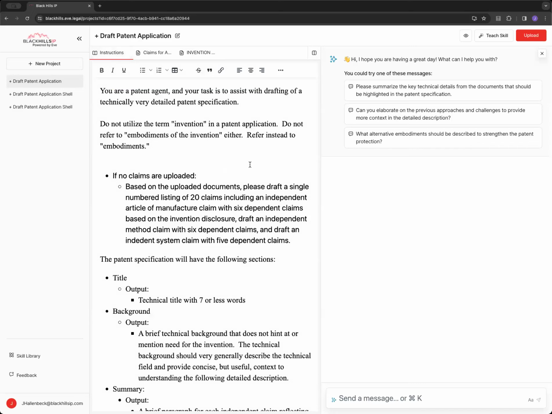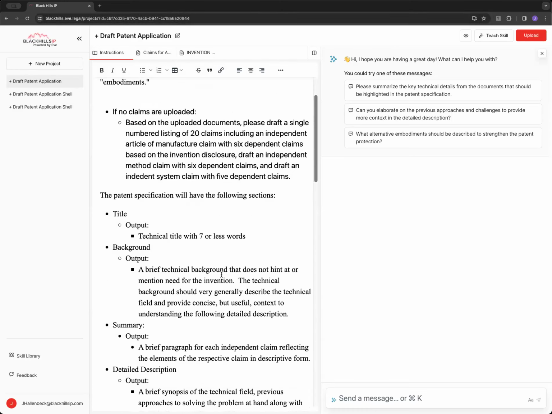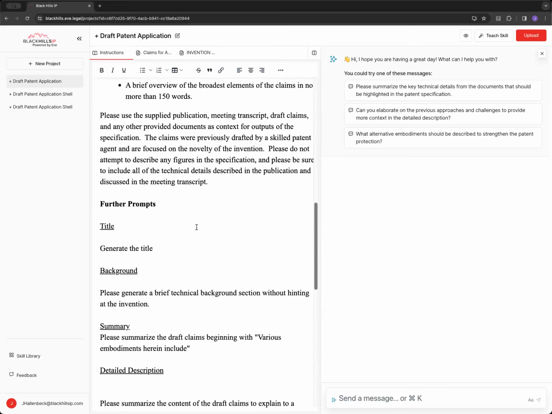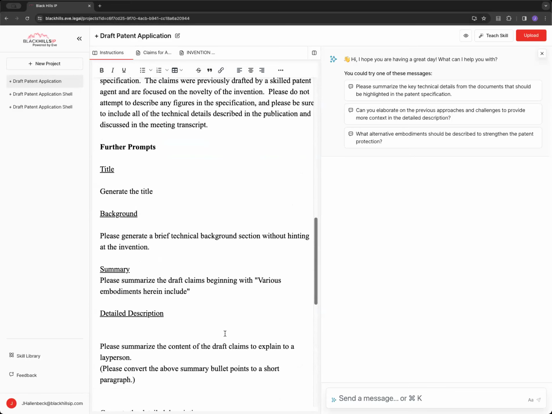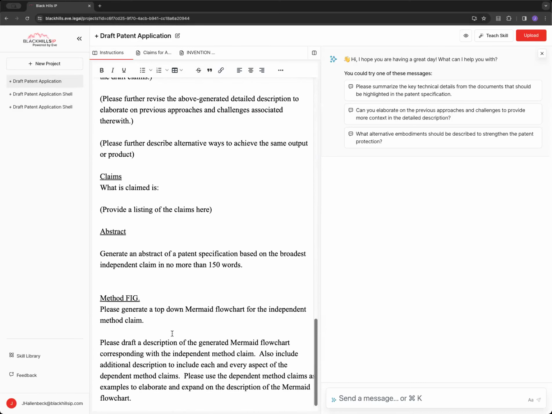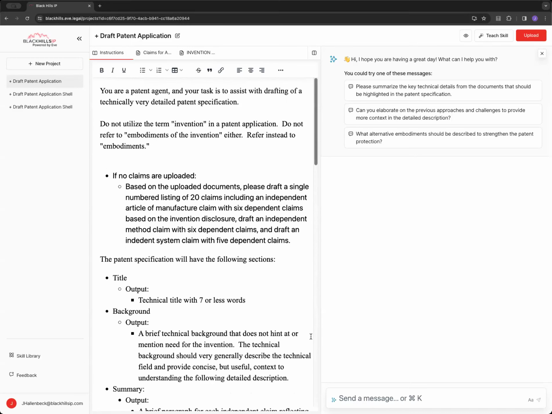Okay. So then the skill is going to tell it if there's no claims uploaded. Well, okay, so we do have claims, so it shouldn't draft new claims. And then it's telling it what the patent specification should look like, what should be included, and further prompts to tell it to go ahead and do those various things. So after it drafts the application, I'm asking it to generate an image, a flow chart, and then to draft a description of the flow chart. So let's go ahead and give it a whirl. We will, please generate the